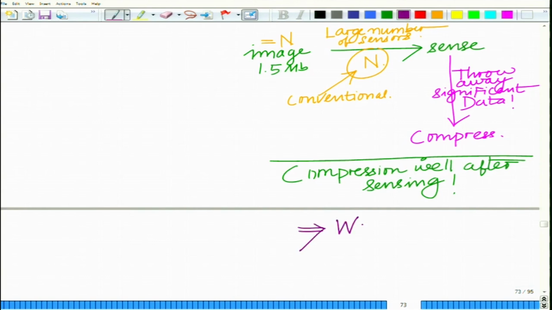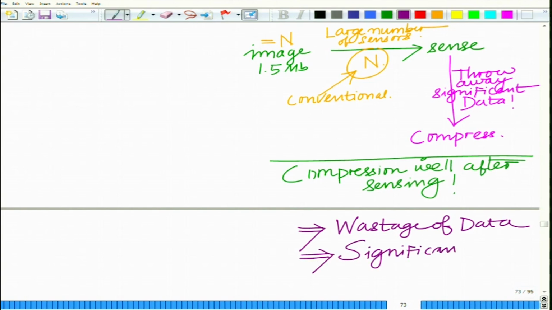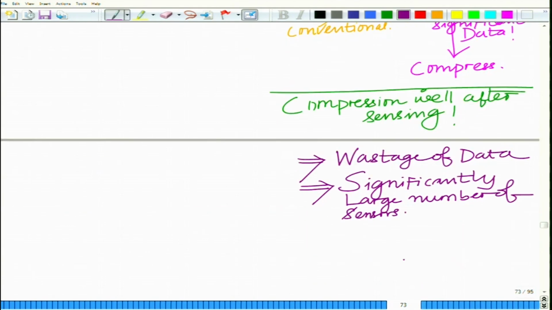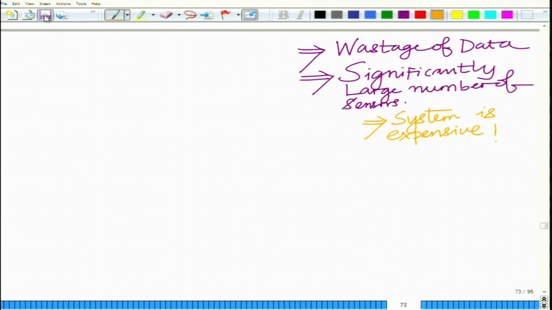This implies the resulting system is expensive, extremely expensive. Now instead consider,